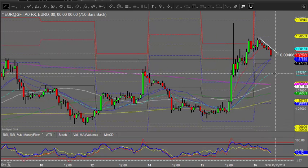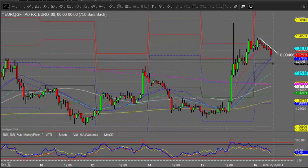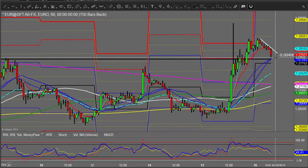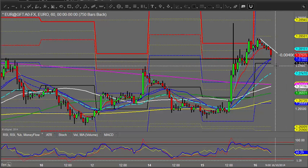Now, if we break this trend line, maybe then we'd be looking for long opportunities, but at the moment it's looking weak, and the short side will be my favourite